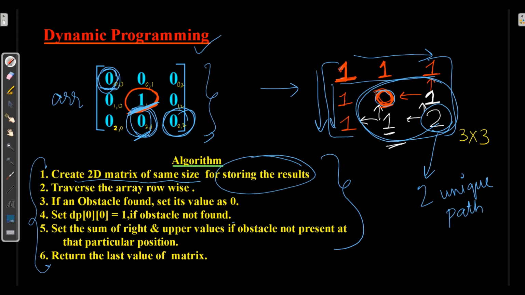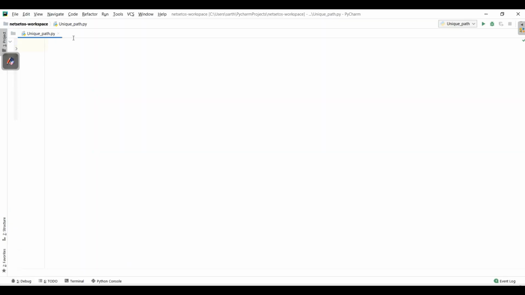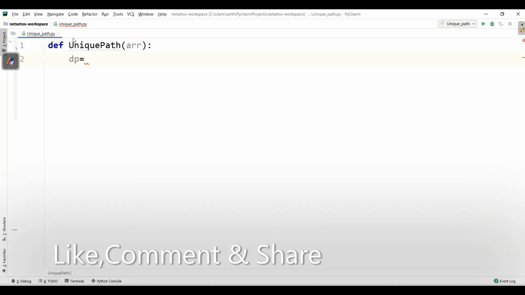So back to PyCharm. I'll start writing the program. Unique path. Let's take array as an input. First, I have to make a 2D matrix.